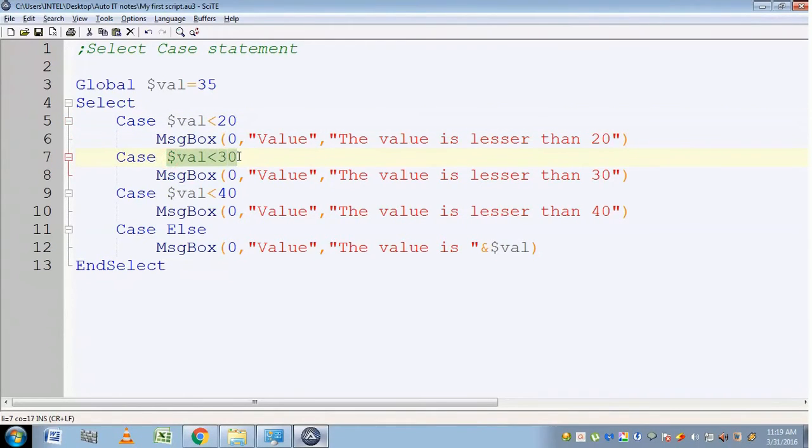In case 2, 35 is lesser than 30, it returns false. And again checking the condition in case 3, 35 is lesser than 40. Yes, it's true. So it simply prints the message box and exits